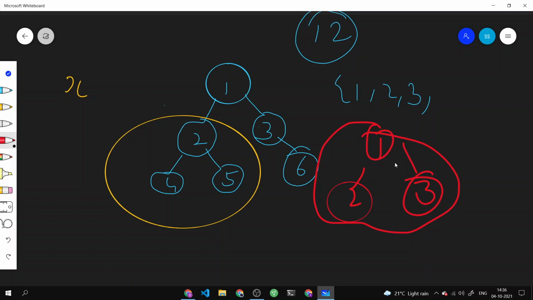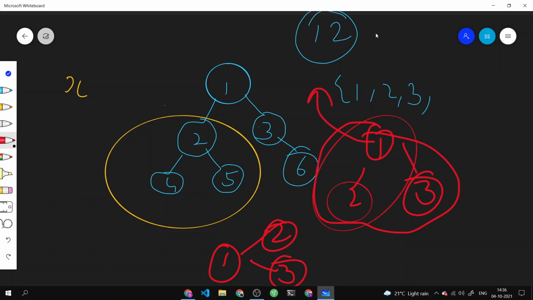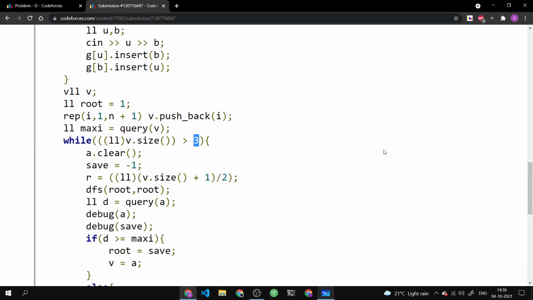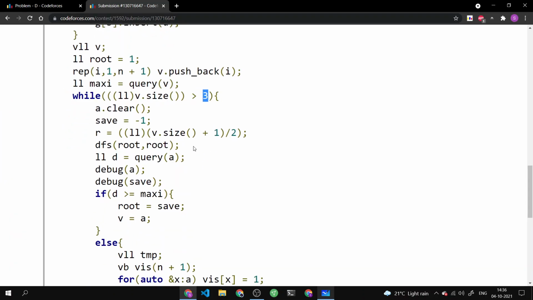And handling this also is pretty simple, because this whole structure given to us is a tree. That means that if we are having a connected component which is having a size of 3, then one of the nodes will be connected to two other nodes, right? So what we can do is that we can consider this value, give this value to the search space, and if this is not the right answer, then for sure this value will be the right answer. And if this component is the right answer, then we can simply print this answer. So that was just a small case that I had to handle.